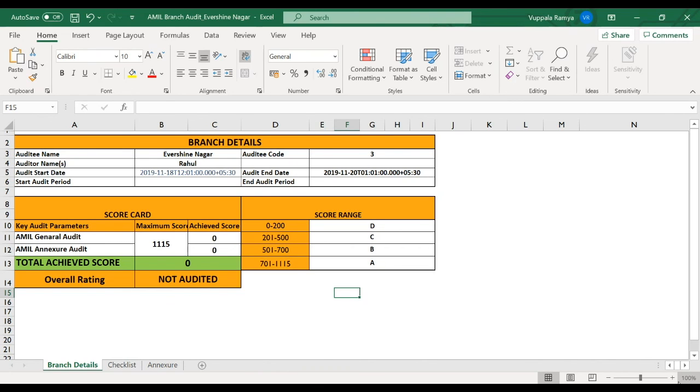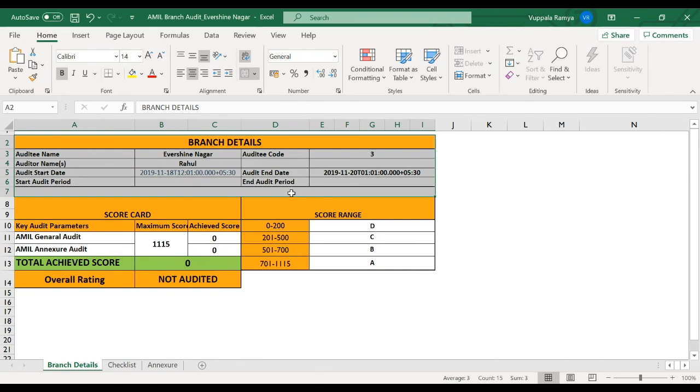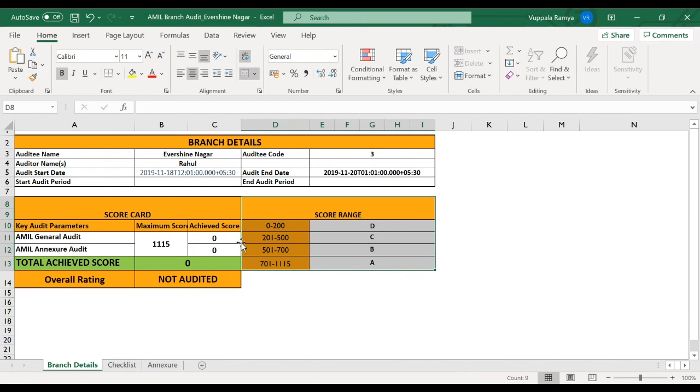So this is a sample report which we are showing to all the users. We have customized this as a demo report where we have covered the summary as the first sheet, which has the branch details and also the score level details. And this is a slab which we are giving just for reference. The color, the font or the formula used is completely for demo purposes.